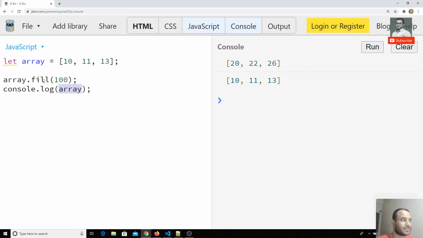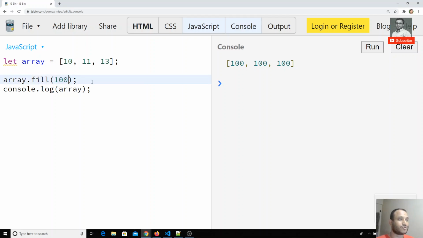As you expected, it will fill the array with 100. Right now each element in this array is replaced with 100. So Array.fill will replace all the items with the given value.